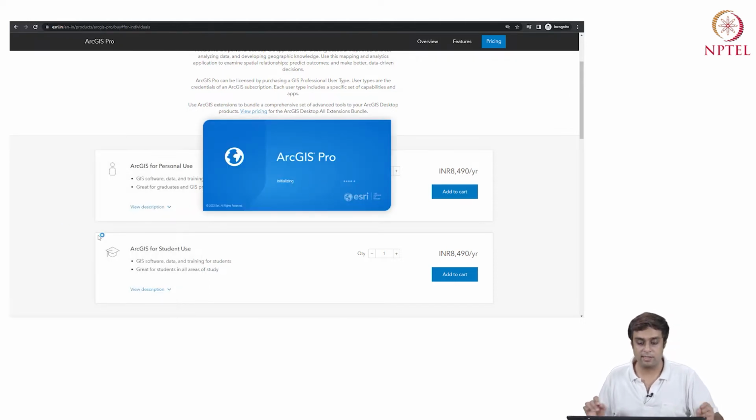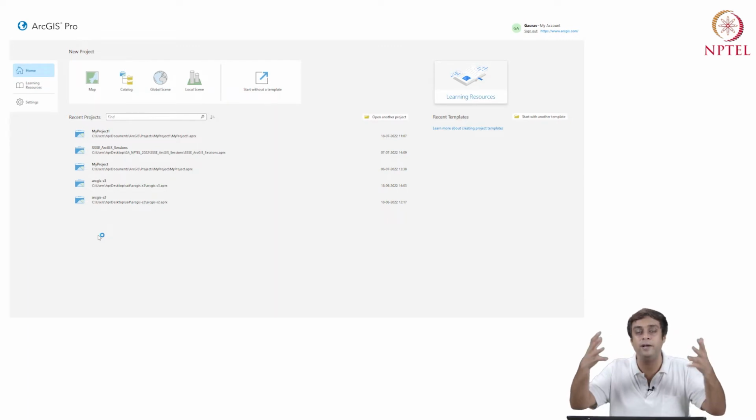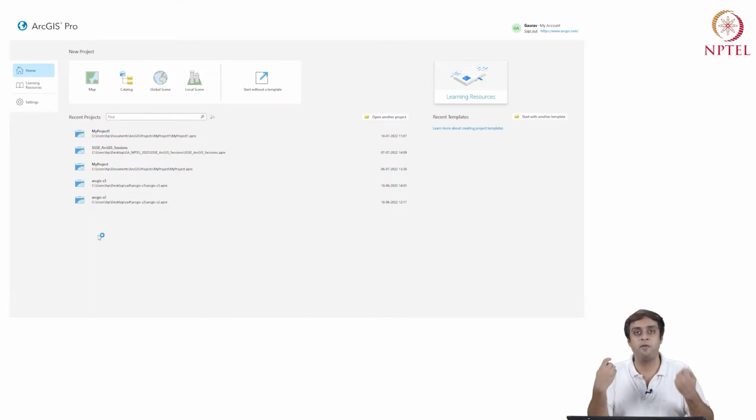Okay, so let's let the software begin. This is not the first time on my system, but if it is the first time that you're starting ArcGIS, it takes a while to set itself up. So if it's a couple of minutes, 2, 3, 4, 5 minutes, and you think it's not starting, be patient, it's starting, it takes a while to set itself up, right? The first bit is a bit slow to completely ramp up. Once you have it on your system, you close it, you start it again, it'll be faster.